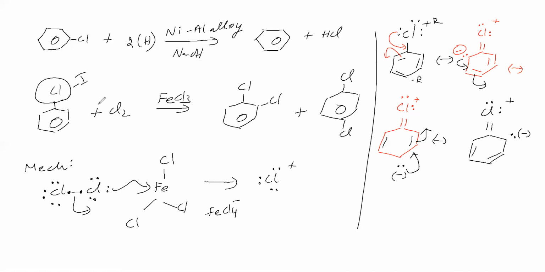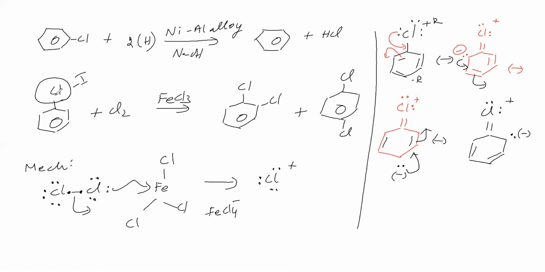Generally, activating the phenyl ring means acting as an ortho-para director towards electrophilic substitution, and deactivating the phenyl ring means directing the electrophile towards the meta position. But here, in one way it is deactivating the phenyl ring towards electrophilic substitution, and in another way it is acting as an ortho-para director. So it has a different behavior. What is the general rule?